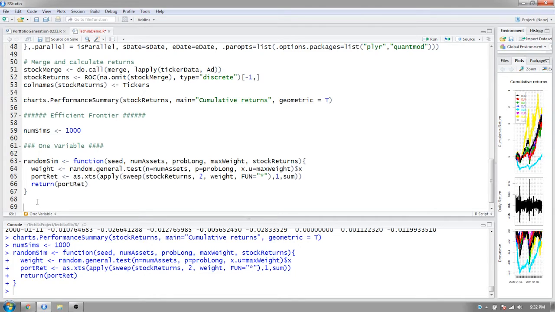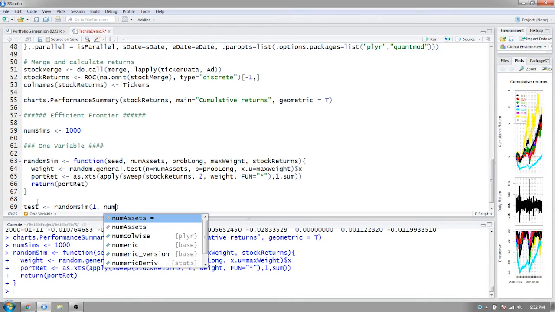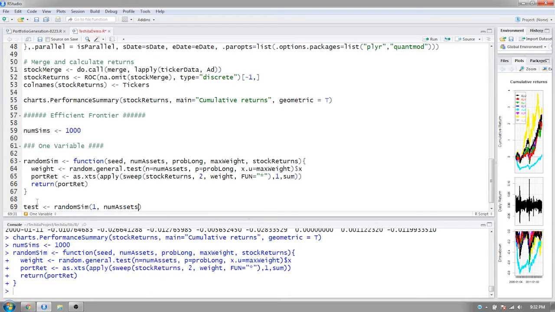So we're just going to call this object test, okay? And random sim, we're going to pass in a seed of 1. We're going to tell it num assets equals, well, num assets. We already have an object called that. Where the probability of going long is 1, right? Okay, we're going to do a long-only portfolio. Maximum weight 50%. And then we're going to pass in our stock returns object. Okay, now if we run that,